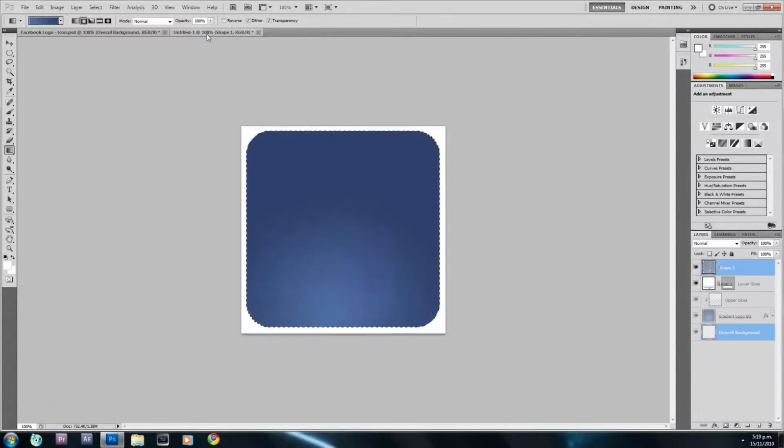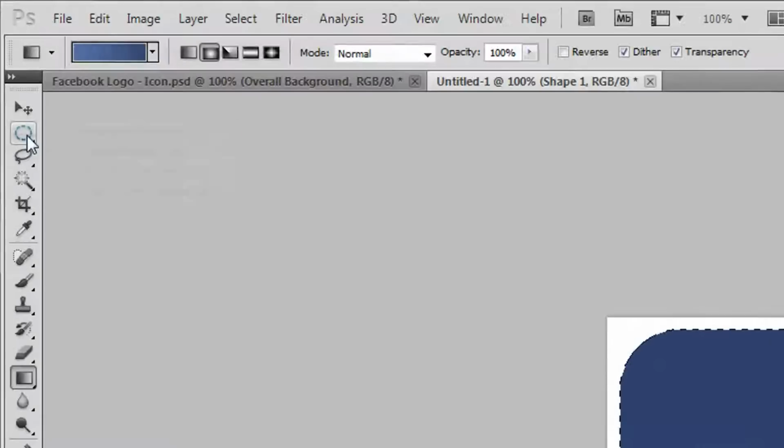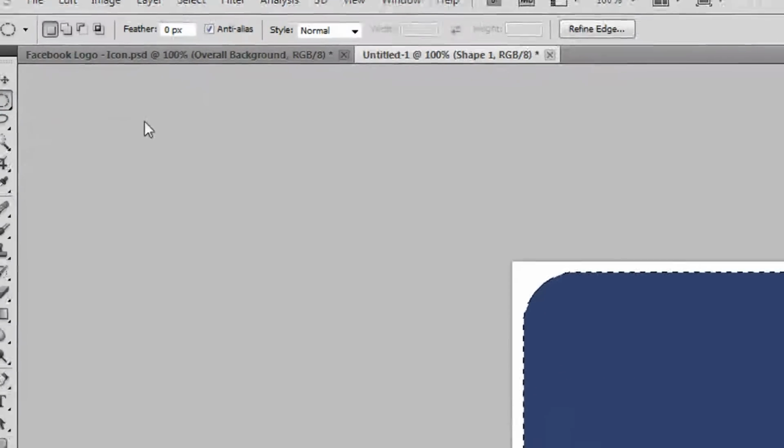So I'm just going to go back to this project and select the elliptical marquee tool. I'm just going to scroll out a bit by holding Alt and bringing my scroll wheel towards me, and I'm actually going to right click this and deselect that so we don't get any interference. Then I'm going to hold down my click and drag, so we get a nice massive oval here,